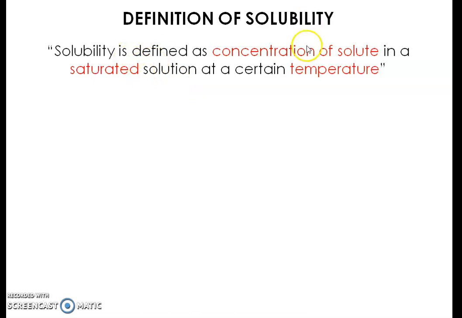Suppose we take a particular solute and start adding it to a particular solvent. It will get dissolved. If we add more and more solute to that solvent, at a particular point, the excess solute will not get dissolved. It will get precipitated at the bottom of the container. At that time, the stage is reached where the solution becomes saturated with the concentration of solute. So the solubility is nothing but the concentration of solute in a saturated solution, that is, the highest possible dissolved concentration of solute in the solution. But there is one more condition in this definition, that is, at a certain temperature.